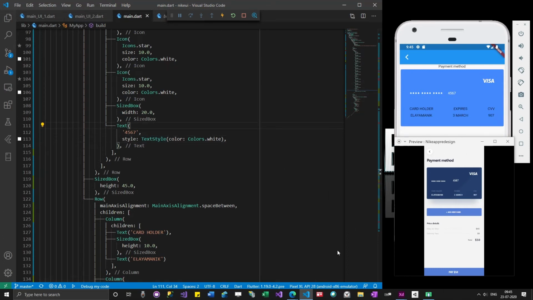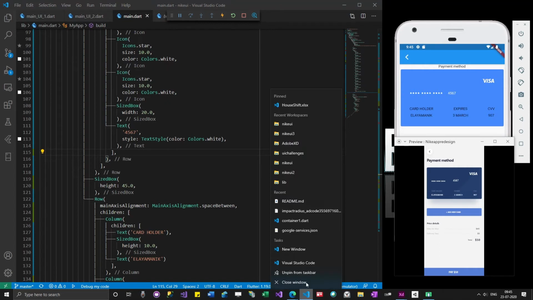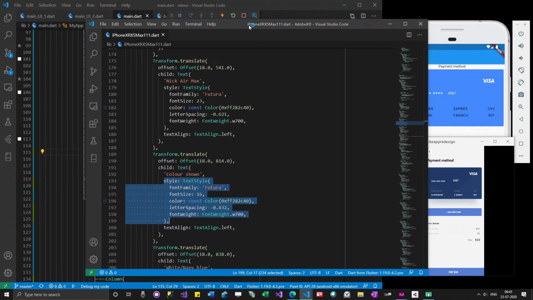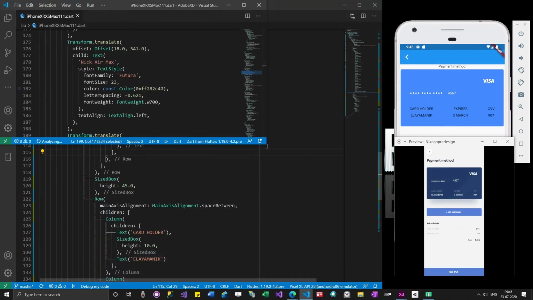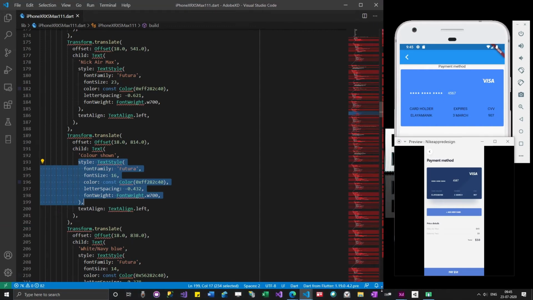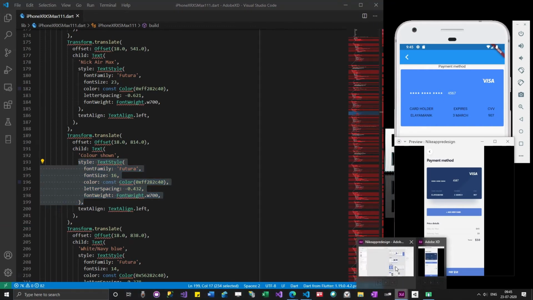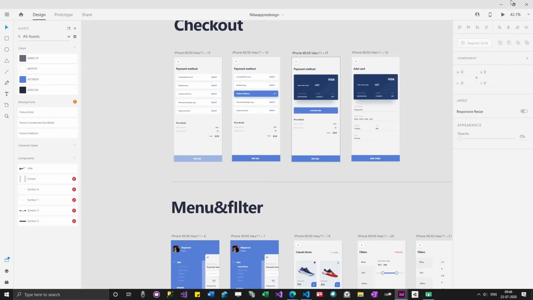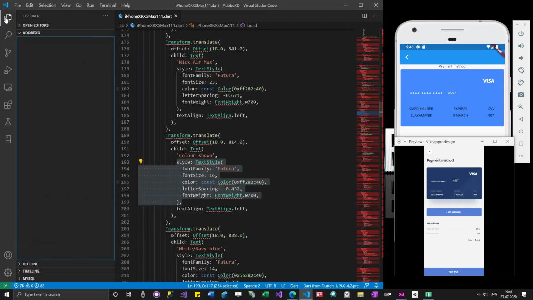So what I will do is, let me see if I will be able to get that texture from the Adobe XD file or not. If I can get it, I will just follow that. If I'm not going to get it, then I will code it. So the 11:17 file.